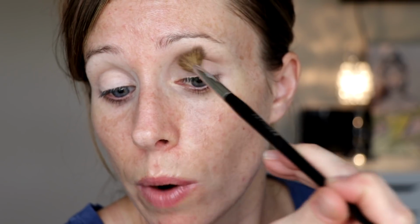Because, I mean, I'm not a pro, and I like to be able to control how much shadow is going on. I like having a formula where you can build, rather than one where on the first go you're like, oh man, I have a bunch of shadow, I now need to figure out if I can blend it out kind of thing, you know? I think this lighting though, this natural lighting,